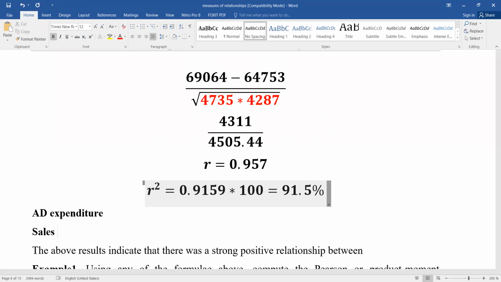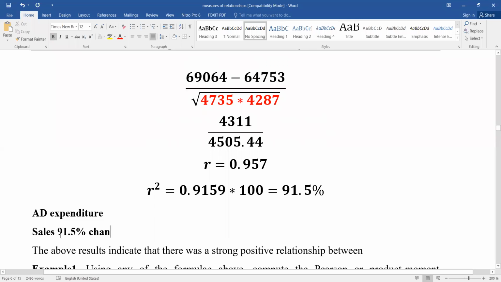So we can say that to get the percentage, by multiplying by 100, we get the percentage. That is why my answer has the percentage sign. So we can say that 91.5%